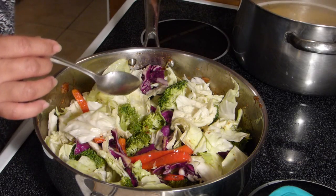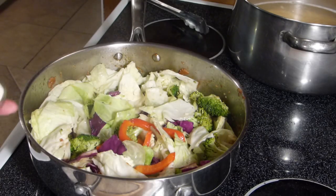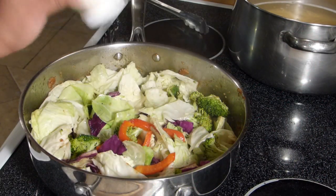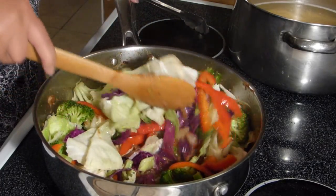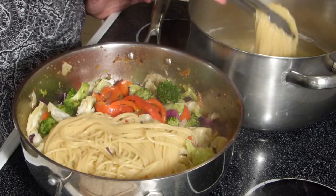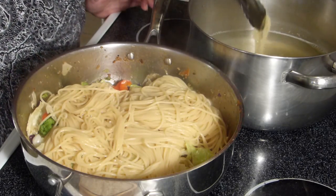We're going to add a little bit of the pasta water to allow this to steam a little. And let's go ahead and season the vegetable. We're going ahead to put it straight inside the vegetables. Oops, sorry about that noise. Okay, so